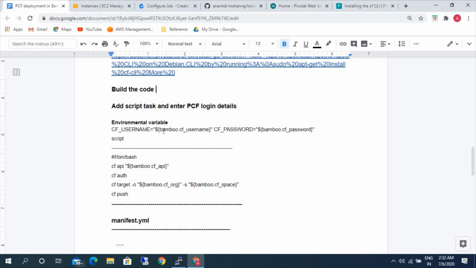CF username is equal to the environmental variable name, and CF password is equal to the environmental variable name. This is the script that is used here. We are declaring everything as an environmental variable, so we will not be giving anything directly. CF API is nothing but the URL of the account.